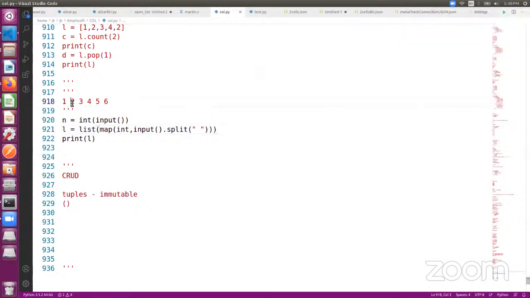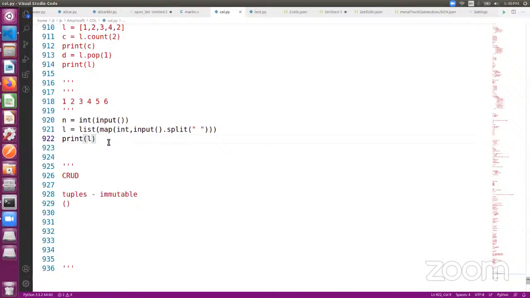If they are separated using comma, inside the split, you just give a comma. That's it. But in the L statement, we haven't defined anything related to n. In the list definition, then how come? So, if a user inputs 7 numbers and he has given n as 6, then